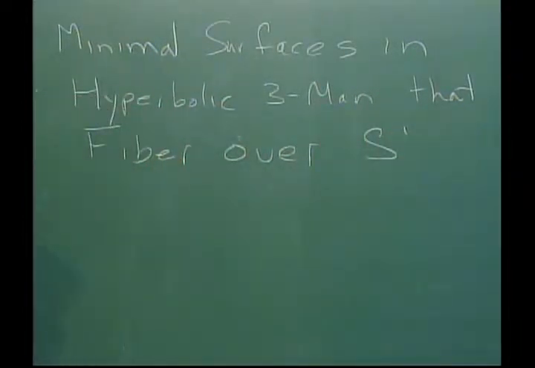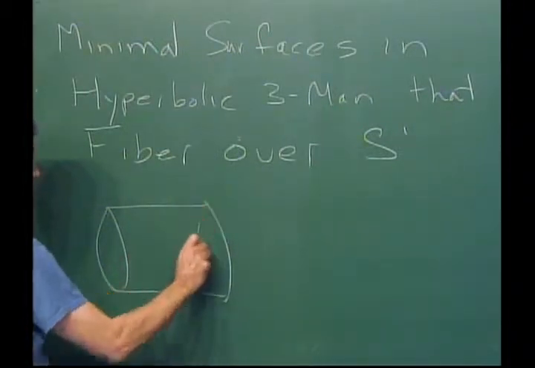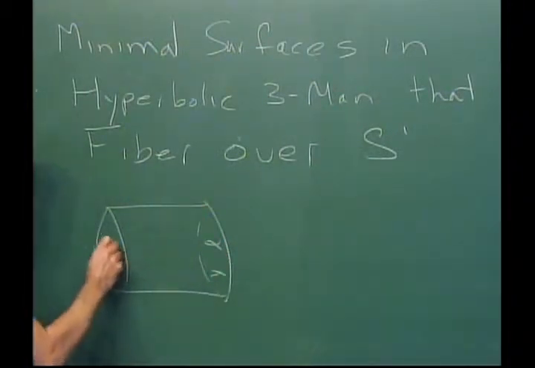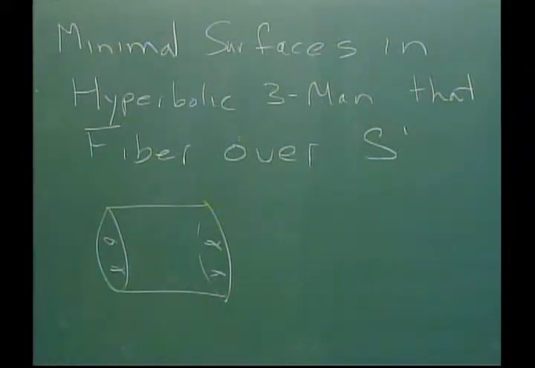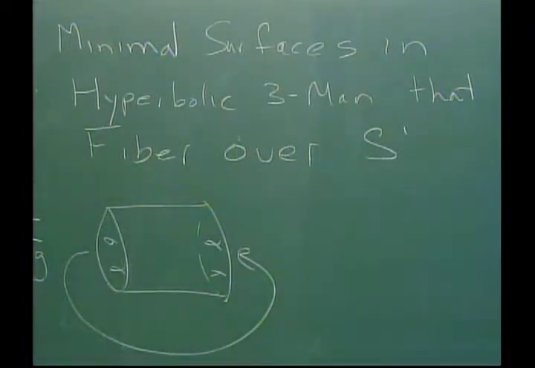These manifolds are constructed by taking a surface across an interval, a surface of genus greater or equal to 2, and then you glue the two ends together by a diffeomorphism, and it turns out that sometimes you get a